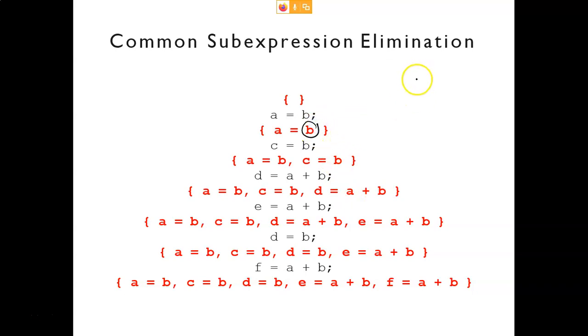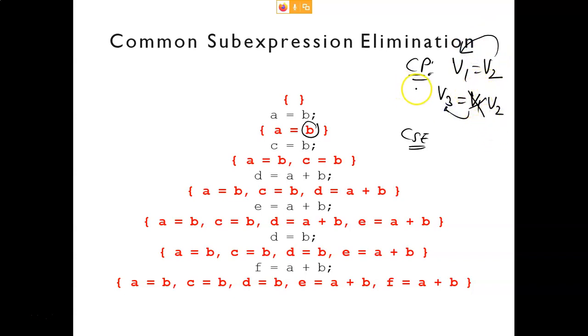I think copy propagation and common sub-expression elimination have this difference. Let me tell you the difference between them. In copy propagation, we do this. Let's assume we are assigning V1 to V2, and V3 to V1. Because we are assigning V2 to V1 and V1 to V3, we can directly assign V2 to V3. This is your copy propagation. In common sub-expression analysis,